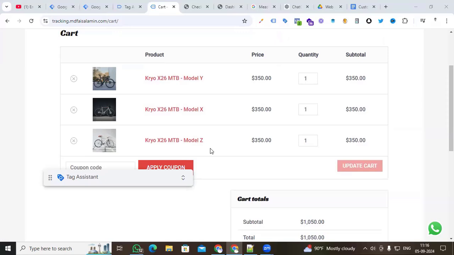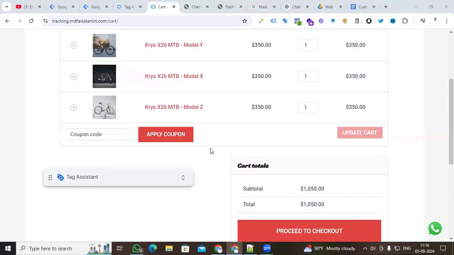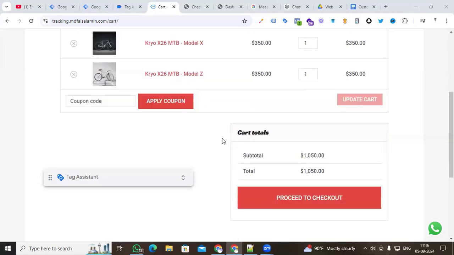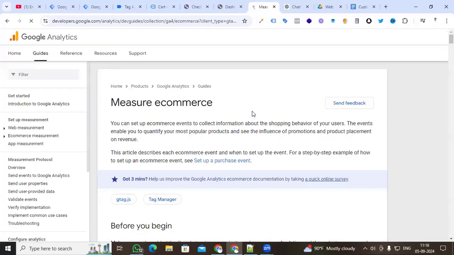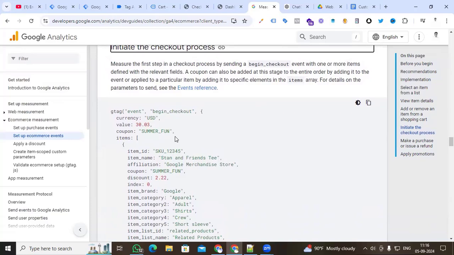First things first, according to the GA4 schema, we need to create a multiple product array. Why do you need the multiple product array? If we go to the Google developer article, they also recommend creating a multiple product array. Why multiple products array? Previously I showed you the view item event. For that we created a single product array, because the view item event works for a single product, but